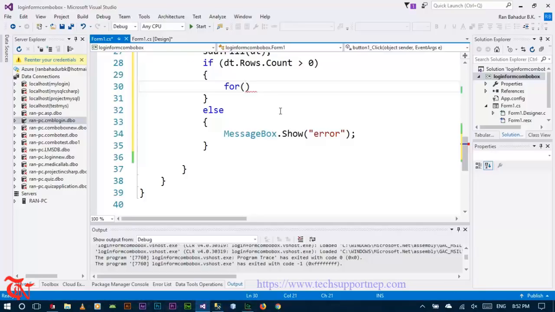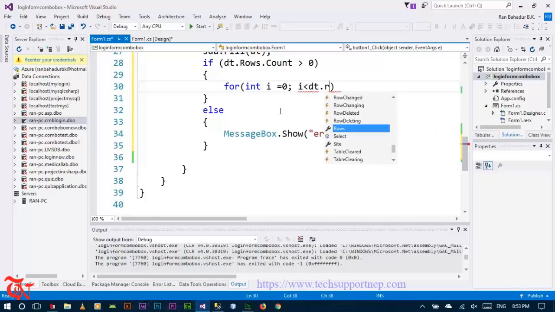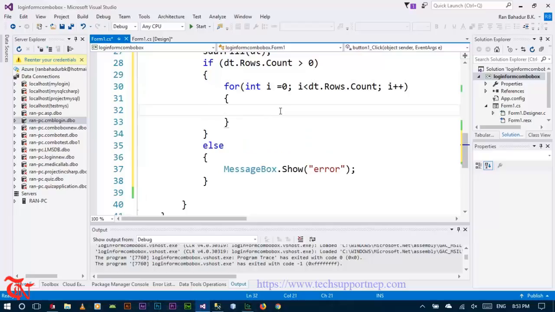So for int I is equal to 0, I is less than dt dot rows dot count. It counts the number of rows of our database table. And then I plus plus, we need to increment this,